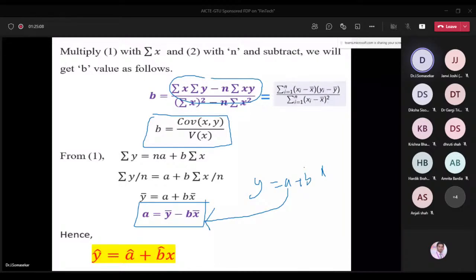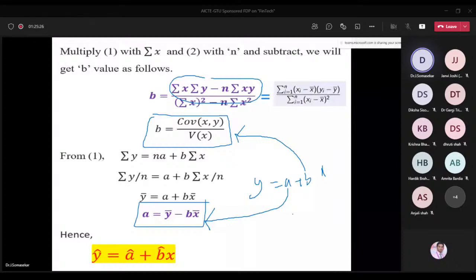So what is the concept we applied? The sum of squares of error should be minimum, otherwise we are not able to find a more accurate Bitcoin price prediction. Because of that reason we applied that logic. Based on that we estimated the a, b values, and hence we will get the best fit regression line by substituting the a, b values. Now we will see one example.